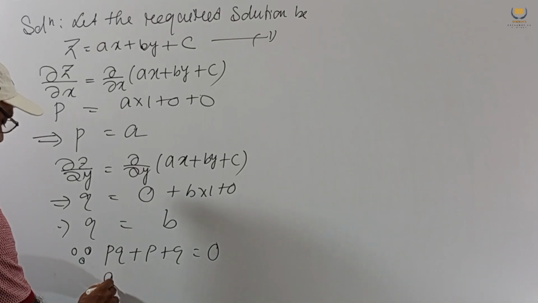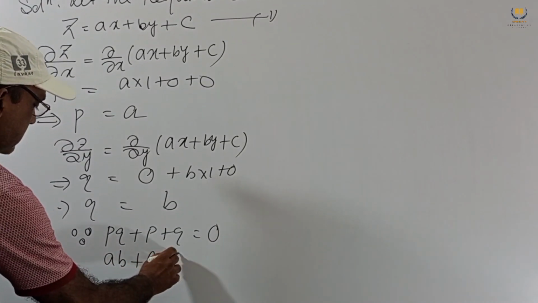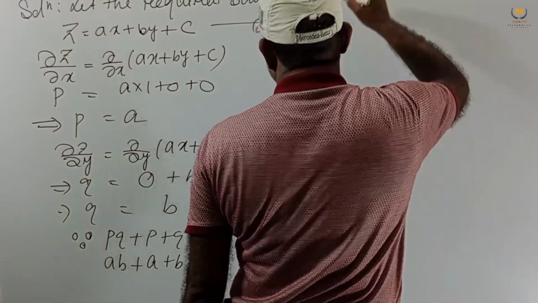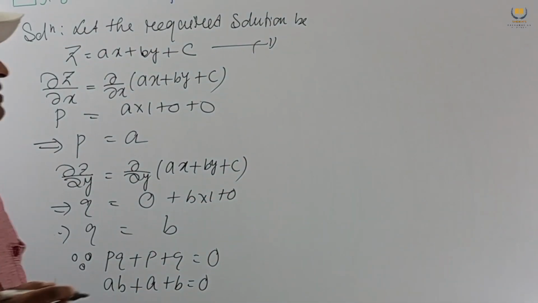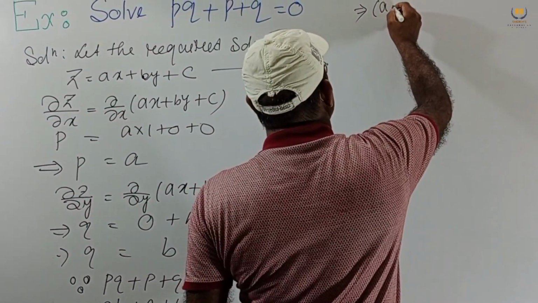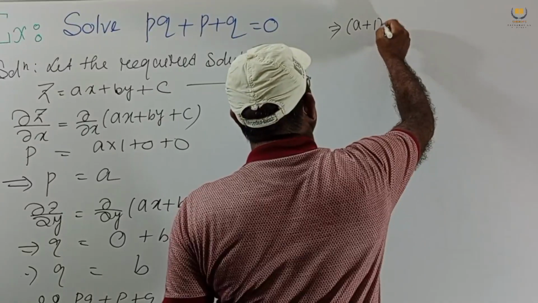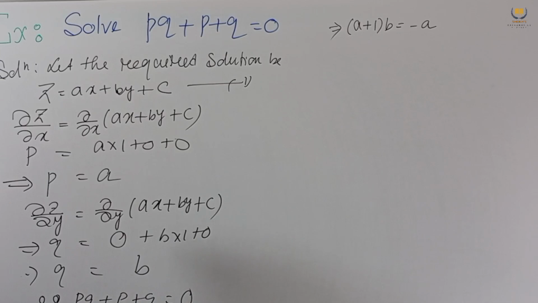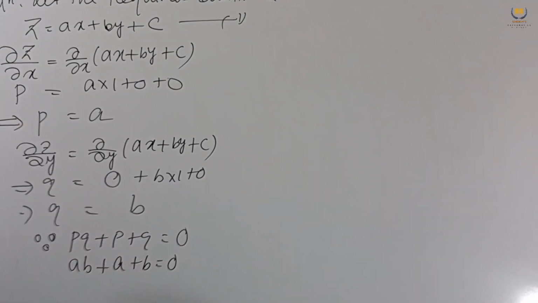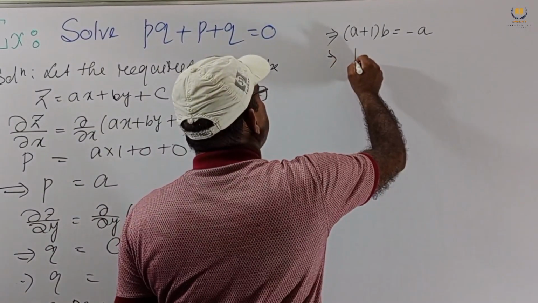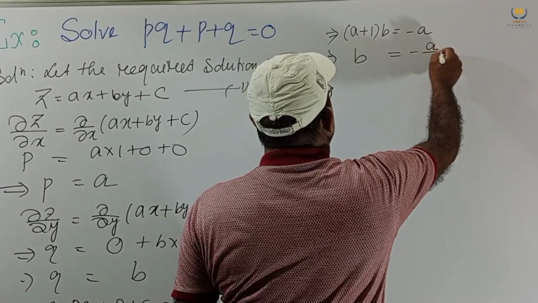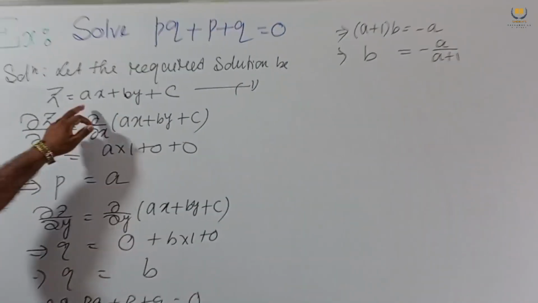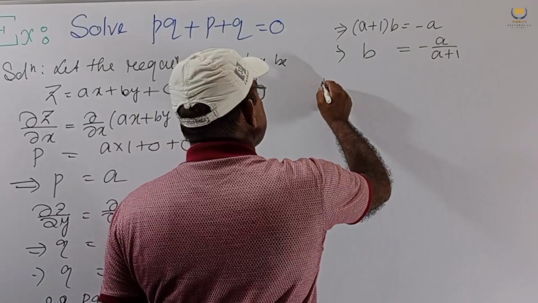p means a, q means b, so ab plus a plus b equal to 0. This implies, taking a on the right hand side and b common from the others, minus a equals b into a plus 1. This implies b equal to minus a by a plus 1. We get this, and putting the value of b in equation number 1,